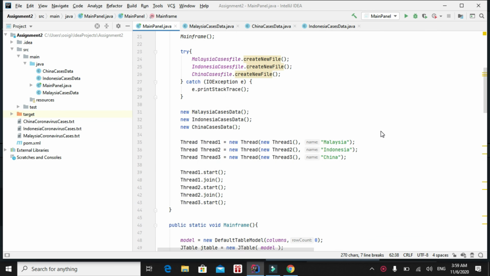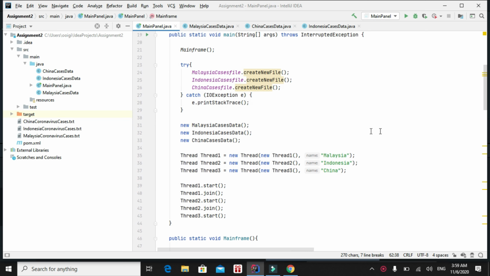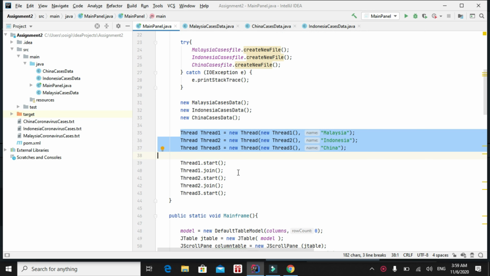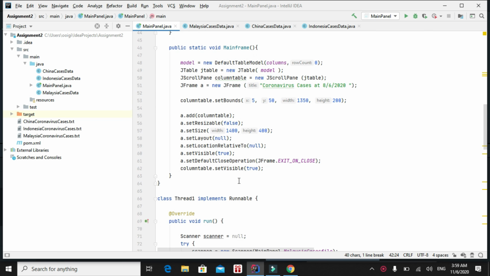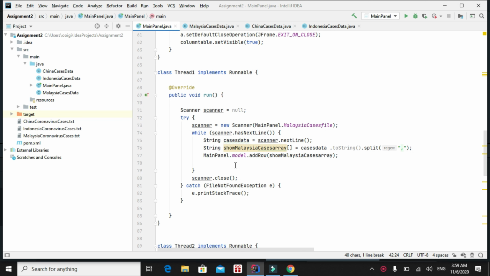For this assignment, I created 3 threads, which are thread 1, thread 2, and thread 3. It should run thread 1 first, and then thread 2, and the last is thread 3. Thread 1 is used to read or scan the data inside the Malaysia case file and display it on